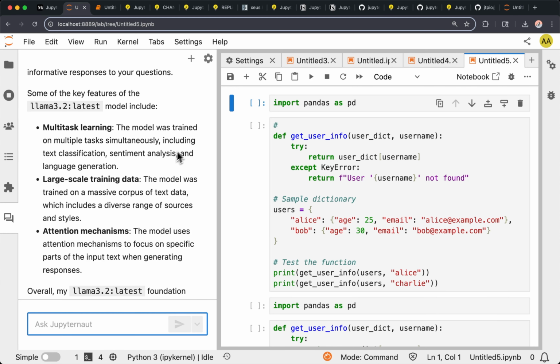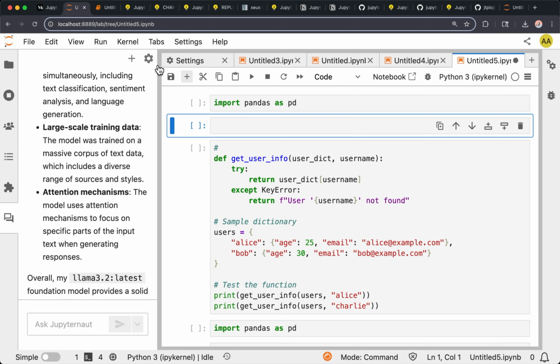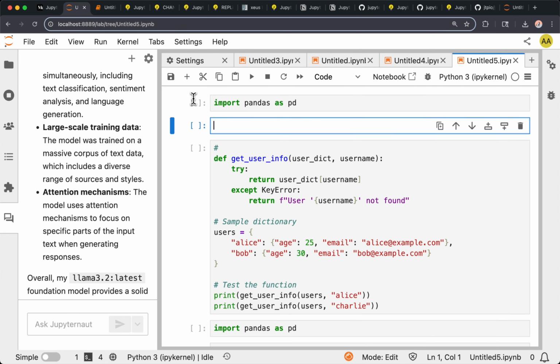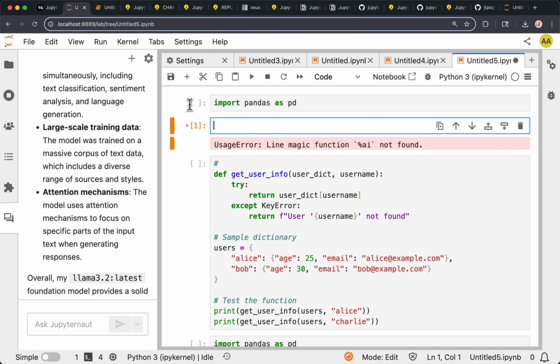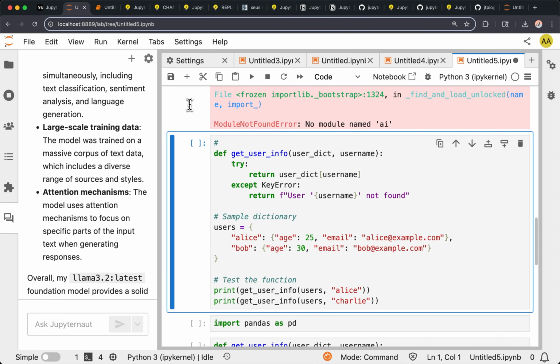And then in Jupyter AI, there is also this, what is it called already? Load ext AI.